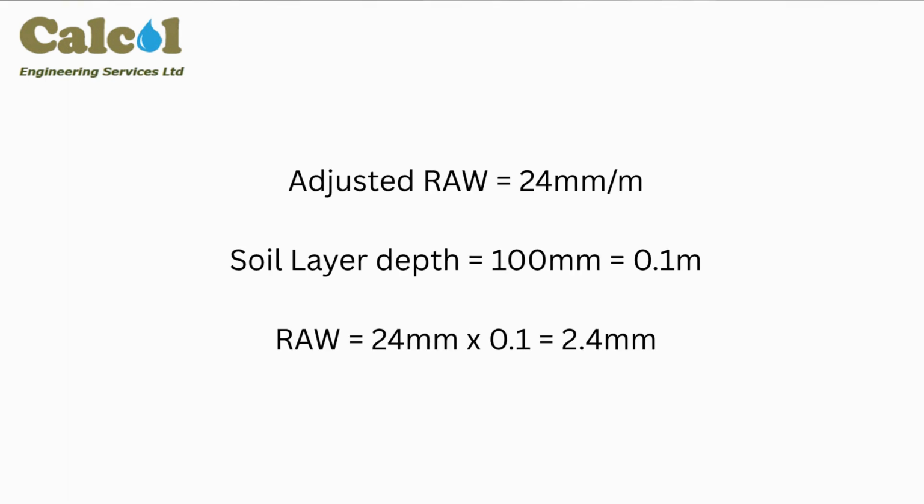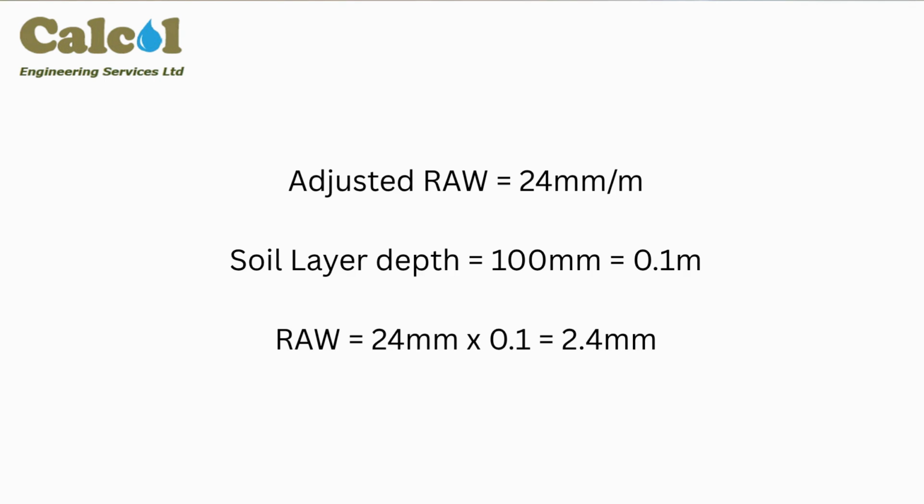So if the layer was sand, and its thickness is, say, 100 millimeters, you will multiply that thickness by 24. So it is 24 times 0.1, because 100 millimeters is equivalent to 0.1 meters. So that is the value that we will call